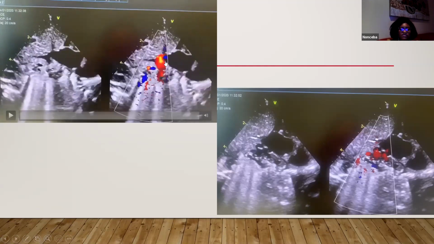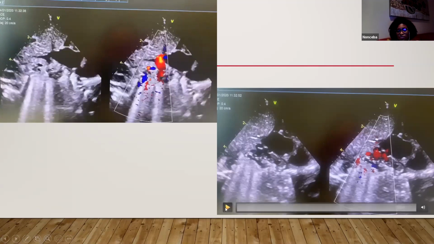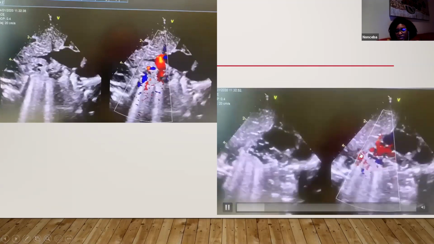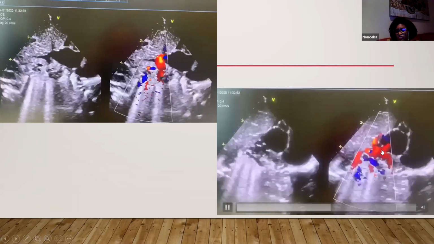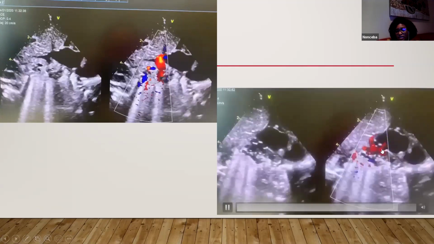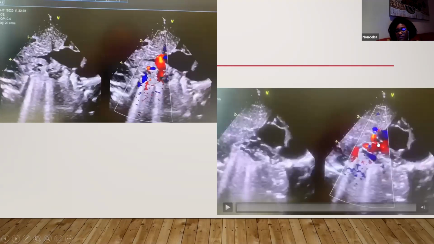Now you have this vessel, and you can see that it's coming up normally, draining into just the infradiaphragmatic aspect of the IVC, and then going into the right atrium and then the right ventricle. Same here, just to visualize it better. You have this anomalous vessel draining into the distal IVC,